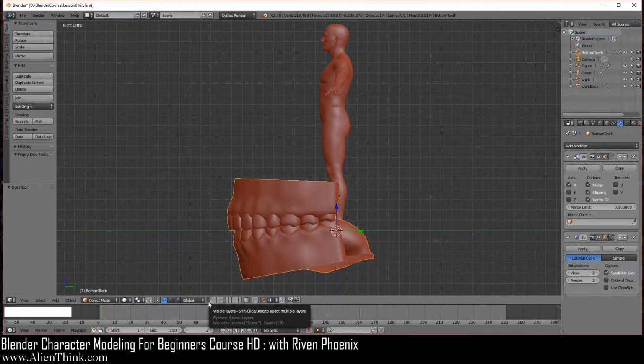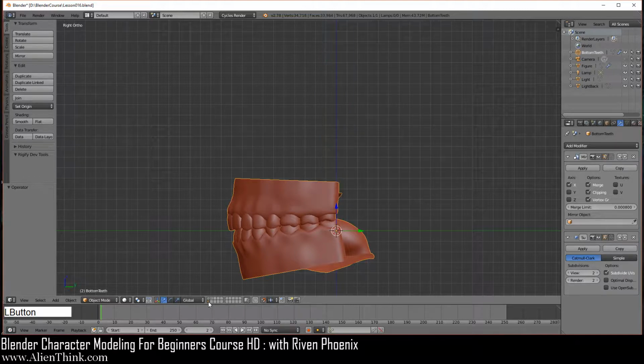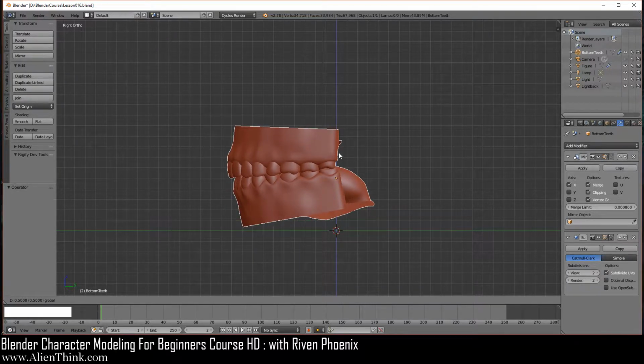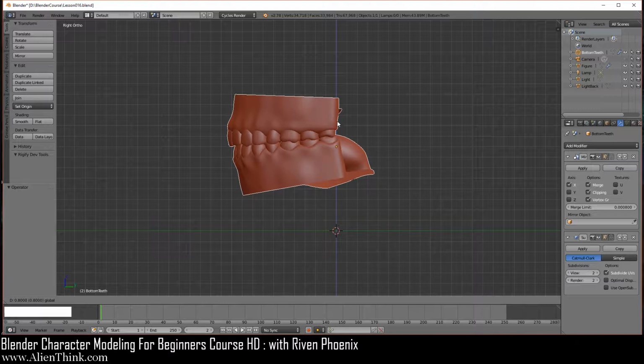Okay, so let's go ahead and click on the layer for the teeth. What we want to do is first place this correctly. Now, because this is a formula system, it's just going to work for you magically. But if you were doing this on your own character design, you would have to position it with the snapping and without the snapping. So anyways, click on this blue arrow and take it up 10 nudges. So I'm going to click this and take it up 1, 2, 3, 4, 5, 6, 7, 8, 9, and then 10.